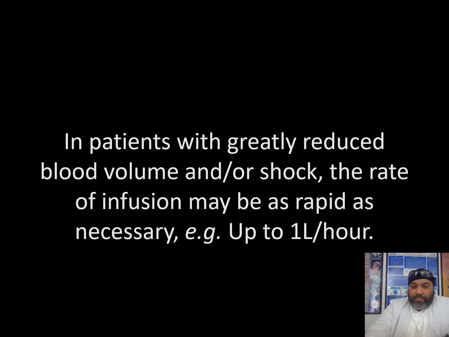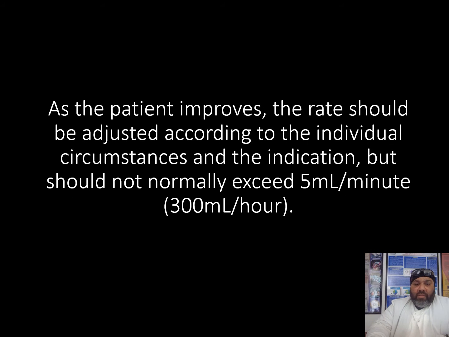And so in relation to this, as the patient improves, the rate should be adjusted according to the individual circumstances and the indication, but should not normally exceed 5 mils per minute or up to 300 mils per hour, because basically what happens is that the more blood that is used to remedy where there is blood